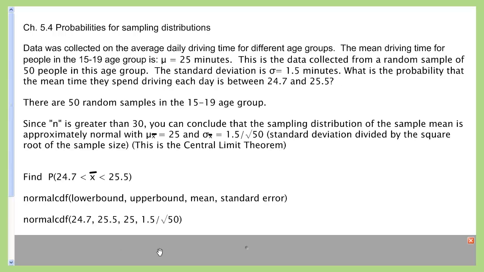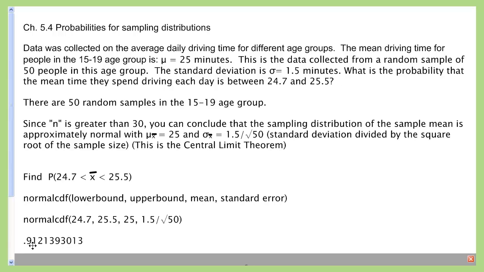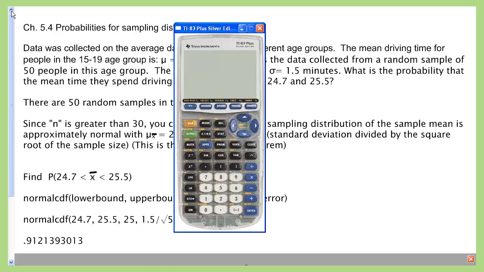So this is what I'm going to type into the calculator, and when I do, I'm going to get about 91.91 is the probability that that's going to happen. So most people between 15 and 19 drive about 91% of them drive between 24.7 and 25.5. So I'm going to go to the calculator real quick here,